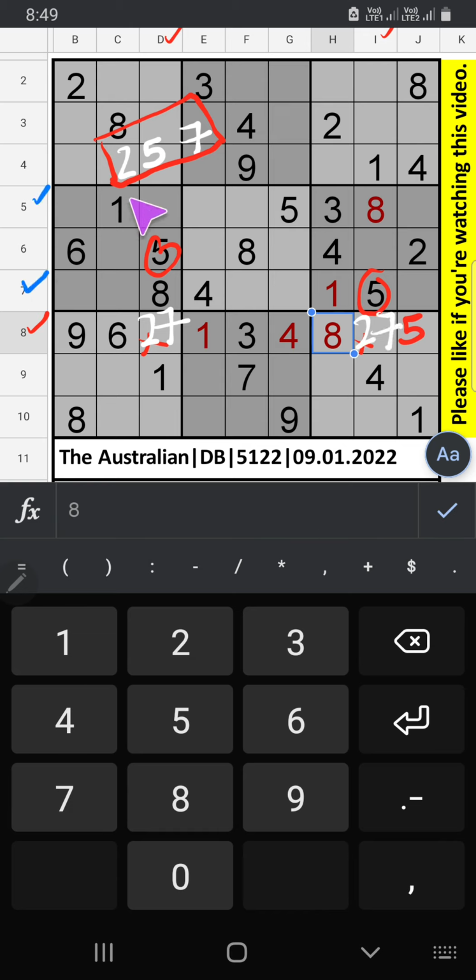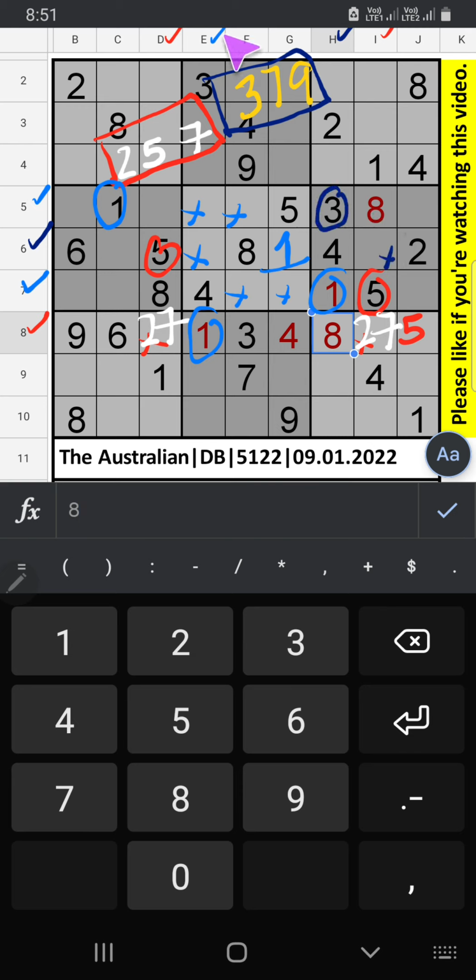5th row and 7th row we have 1. So 1 can't come in the cells. Column E also we have 1. So 1 can't come in the cell. Then 1 is confirmed here. 6th row, 3 numbers are remaining: 3, 7 and 9. Column H we have 3. So 3 can't come in the cell. Column E also we have 3. So 3 can't come in the cell. Then 3 is confirmed here. Then only 2 numbers are remaining, 7 and 9. It will come in any one of the cells. We'll confirm later.